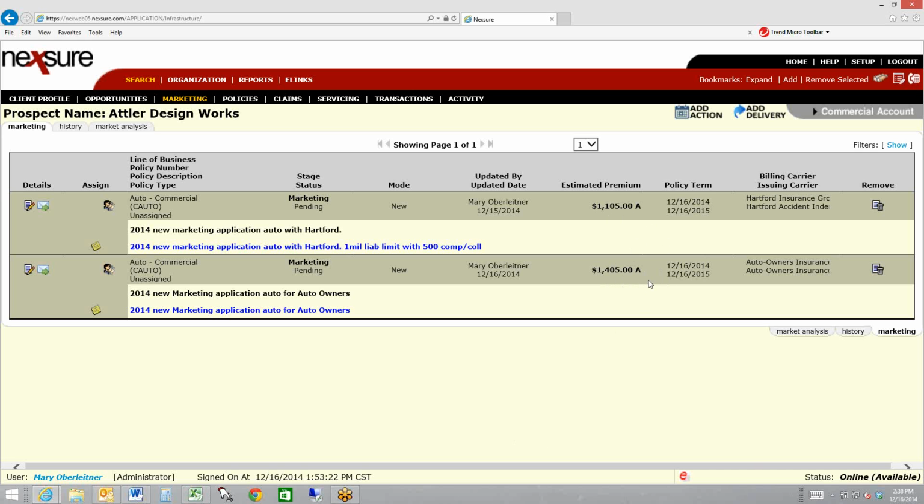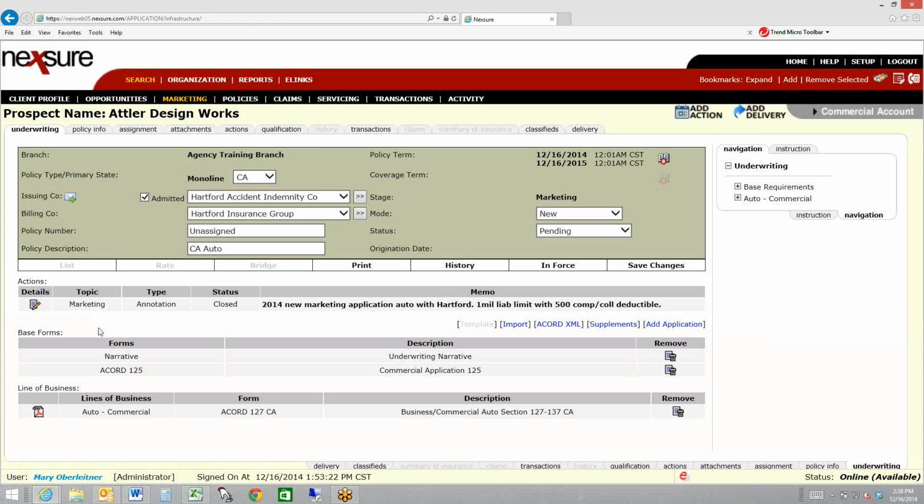Okay, the other thing that I wanted to make sure to share with you guys, that I didn't get a chance to share with you yesterday, is the fact that you have the ability to create coverage templates. And I think somebody asked me that yesterday, or maybe I mentioned I was going to show you, not sure. But if you go to the Details icon of any marketing record where you've totally completed your application,